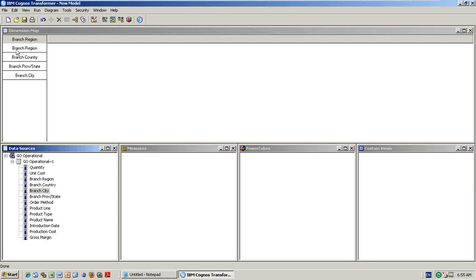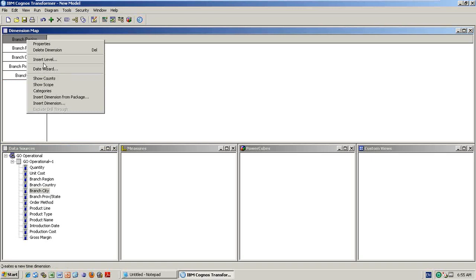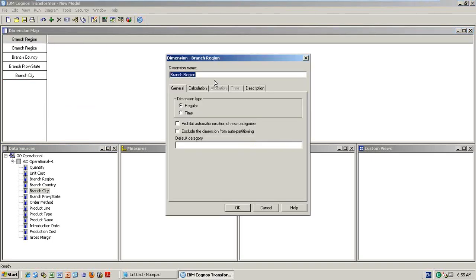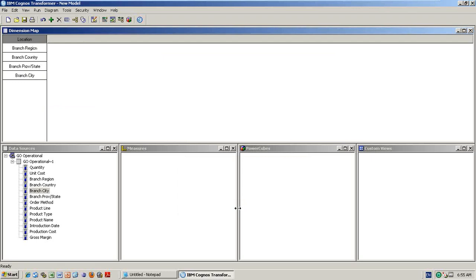But remember, because of the first column, the entire dimension name is also showing region, but it's not correct, right? Right click, properties, and change the entire dimension name to location. Click. Okay, location dimension, whatever the columns, region, country, city, what hierarchy you are expecting, you did it. Fine. Next, product line is the first level. Product type is the next level. Product name is the third level.